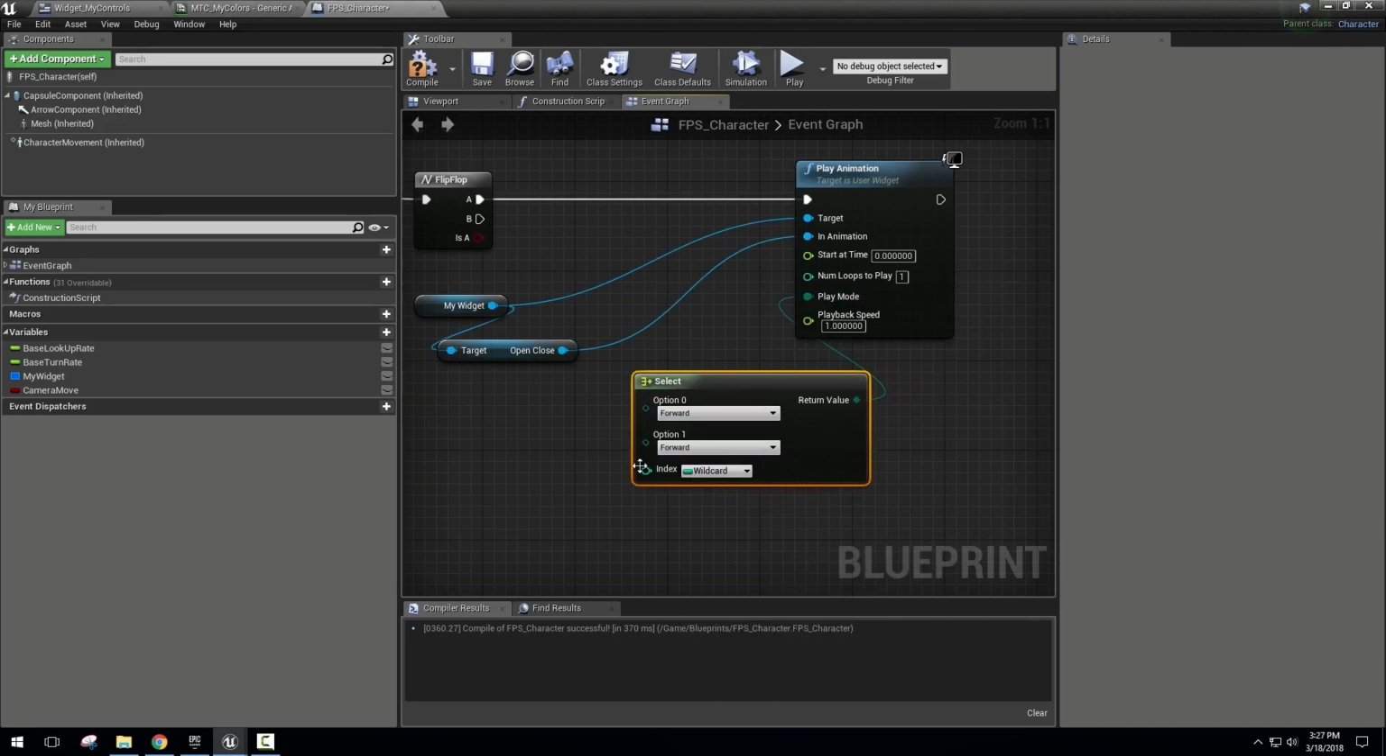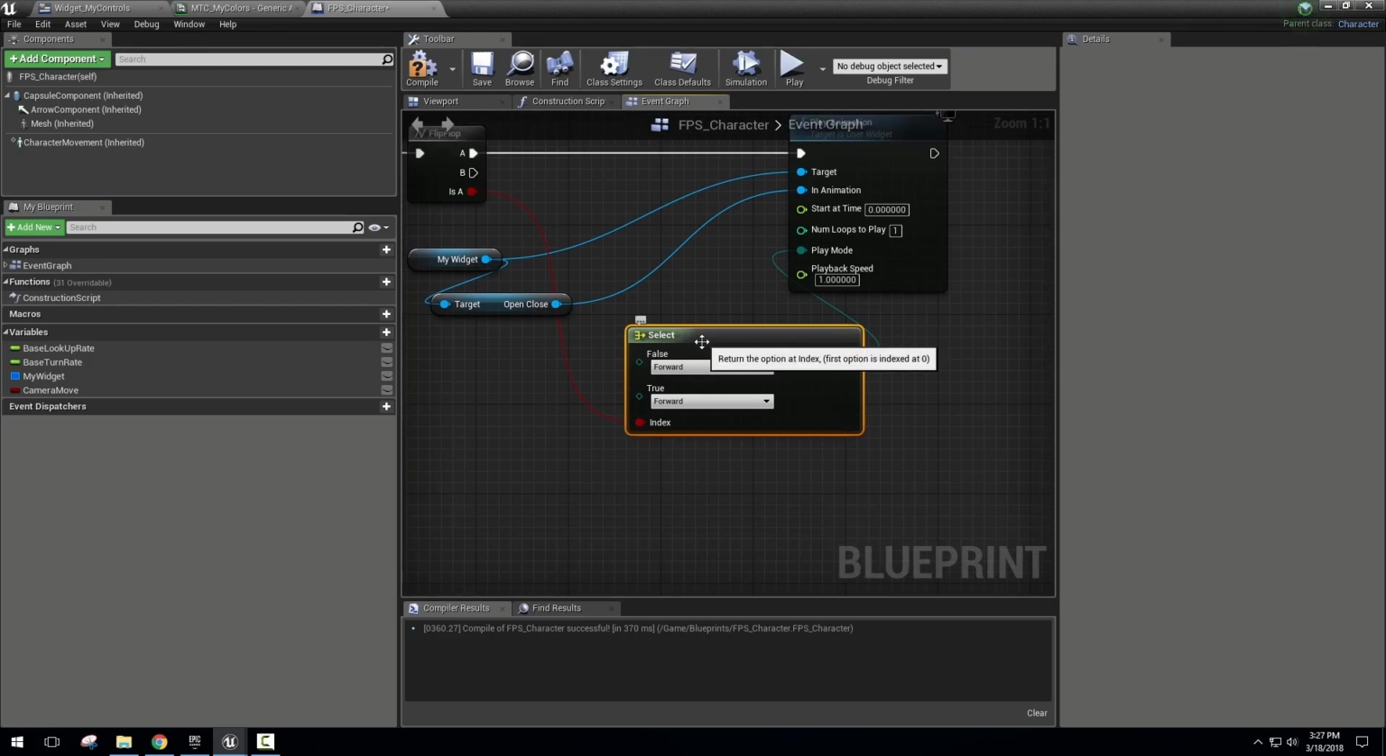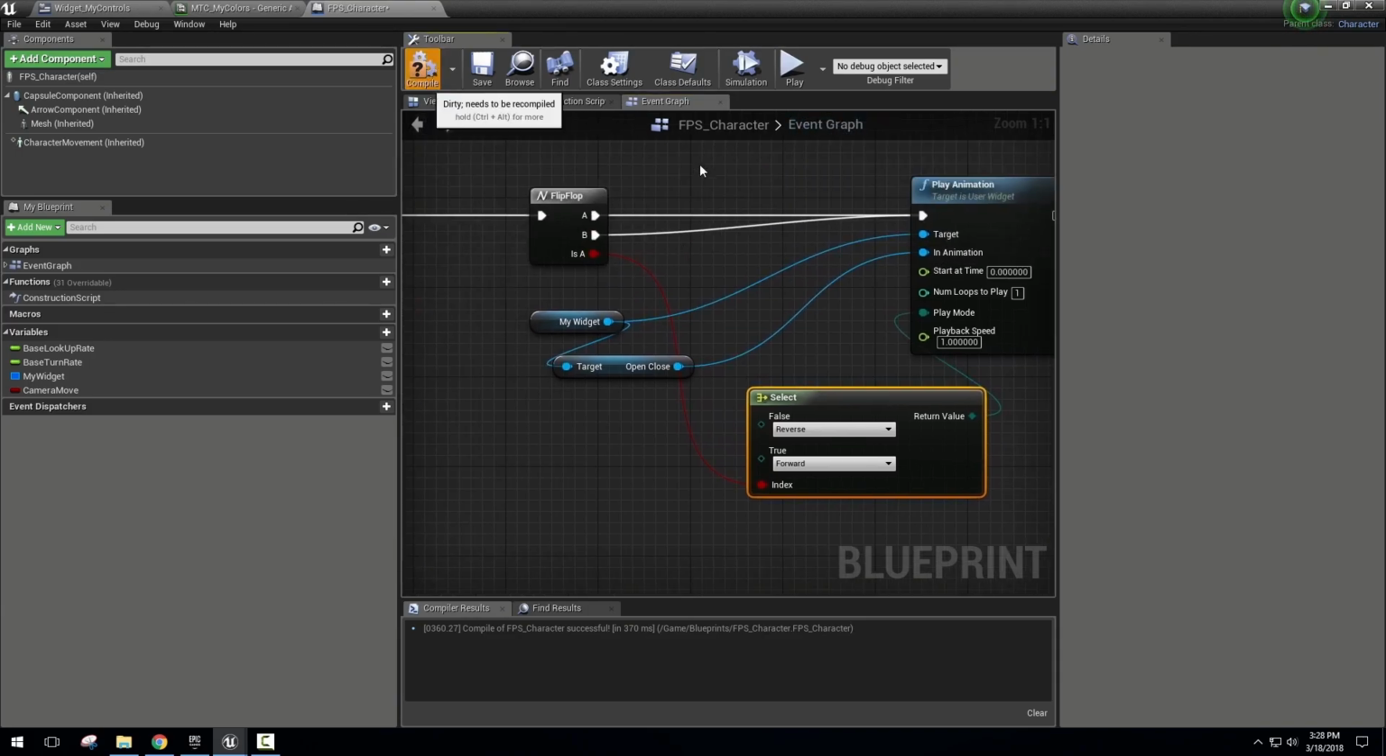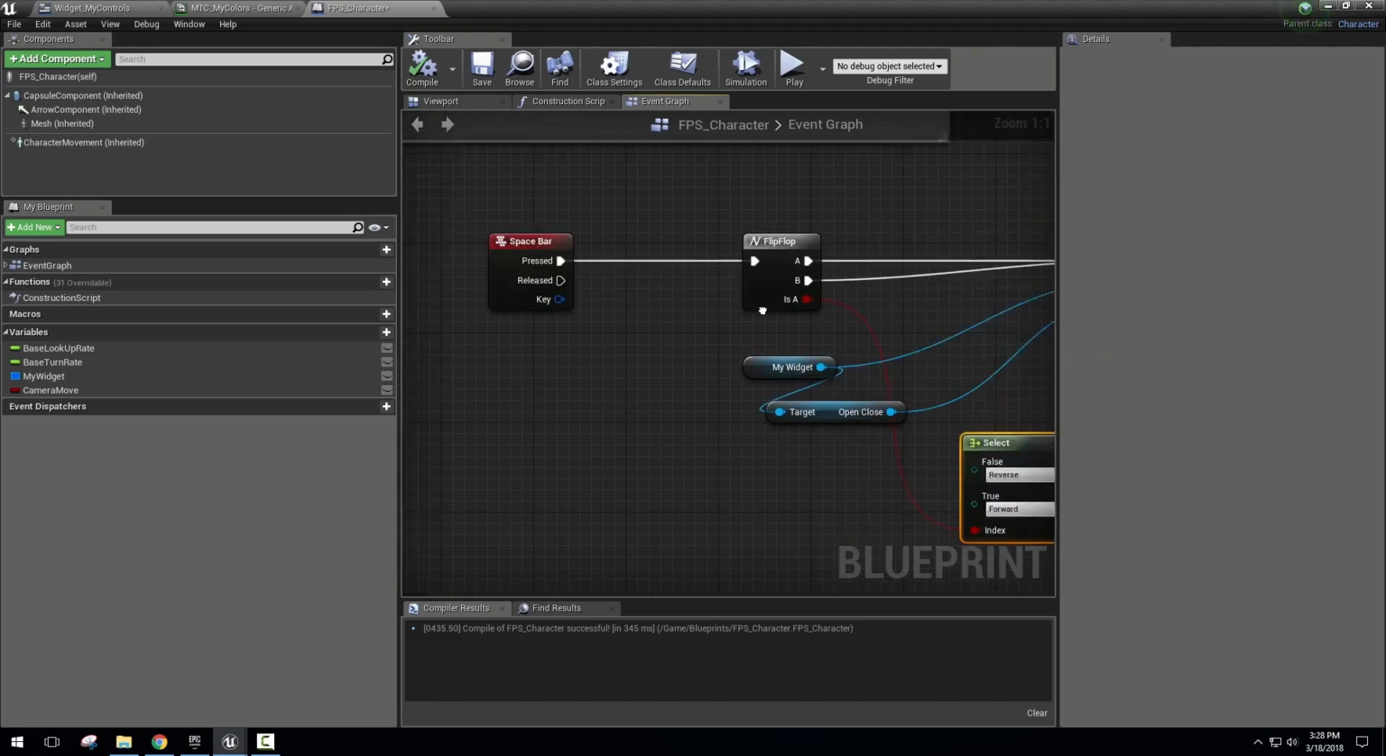And then you say, what do you want to use to select that? Well, I want to use this one. Plug it in. And now Unreal is asking you, okay, if A is true, what do you choose? And if A is false, what do you choose? We know that if A is true, we'll want it forward, but if A is false, we'll want it in reverse. Now if we connect the B to it and press compile,